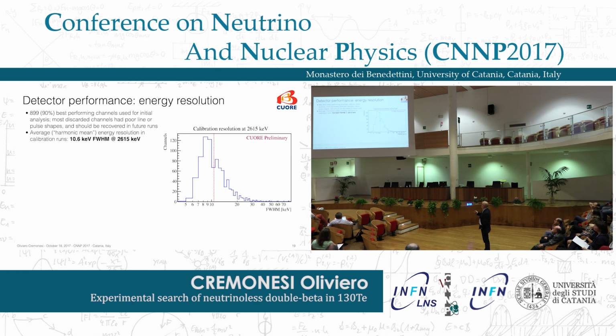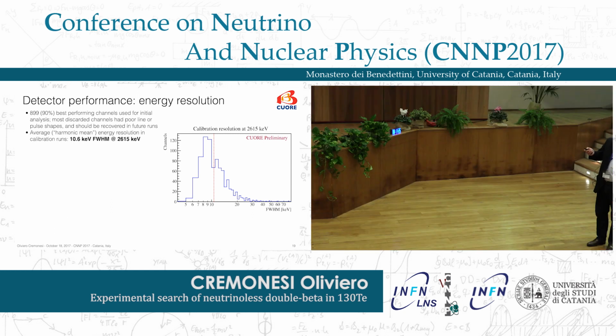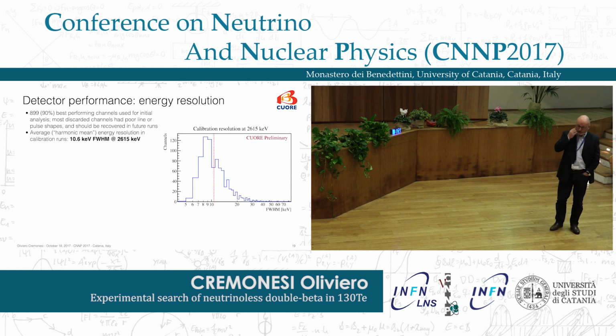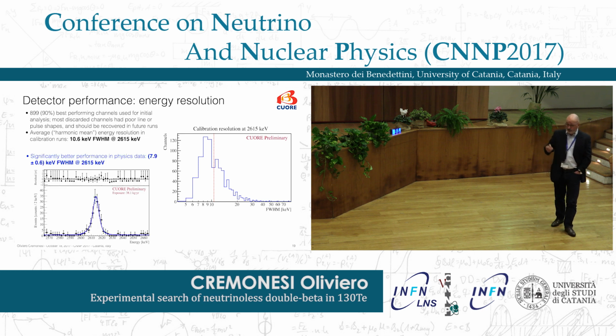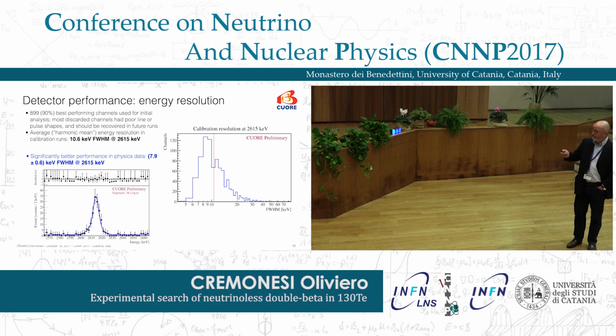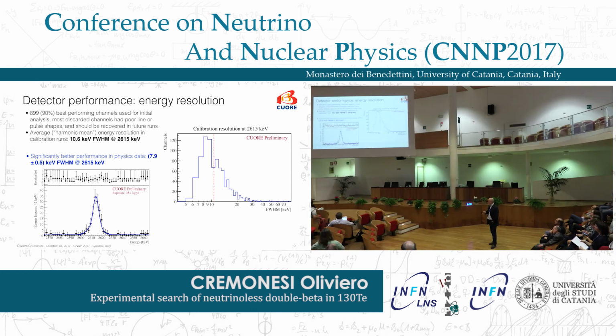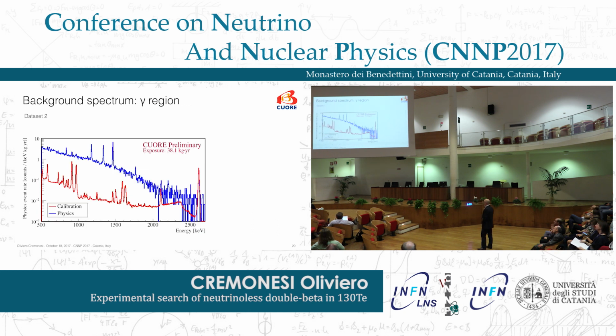Okay, concerning the resolution, this is the distribution of the resolution on all the detectors, and the harmonic mean of this is about 10.6. This is a factor of 2 with respect to what we expected, but this is also the first measurement. Actually, what we observed in the background is that the resolution is actually better. It was close to 8, and we had worked during the summer on improving. This is mainly related to the noise coming from the pulse tube, and we expect to announce this next Monday.